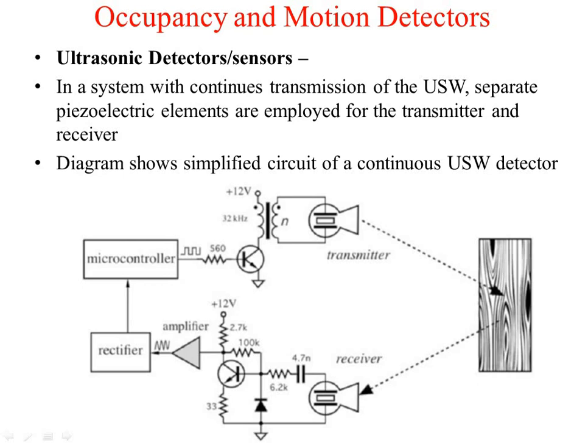But if you want to connect it with the help of the microcontroller, the pulse output is given to this transistor. These transistors will be on and off. It will operate at 32 kilohertz, and that will make this transmitter generate the frequency of 32 kilohertz, and